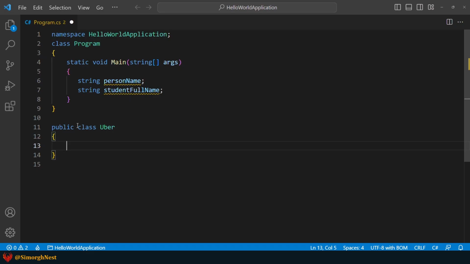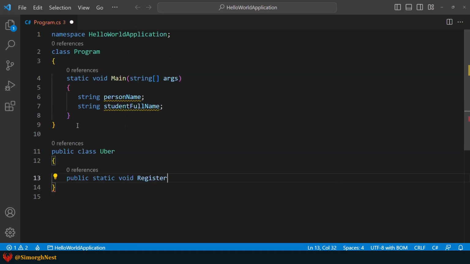So, we go for public static void uppercase R and uppercase D. As you can see, we have a class and method based on Pascal case. Okay, done. In the following lectures, whenever needed, we'll explain other naming conventions in C#.